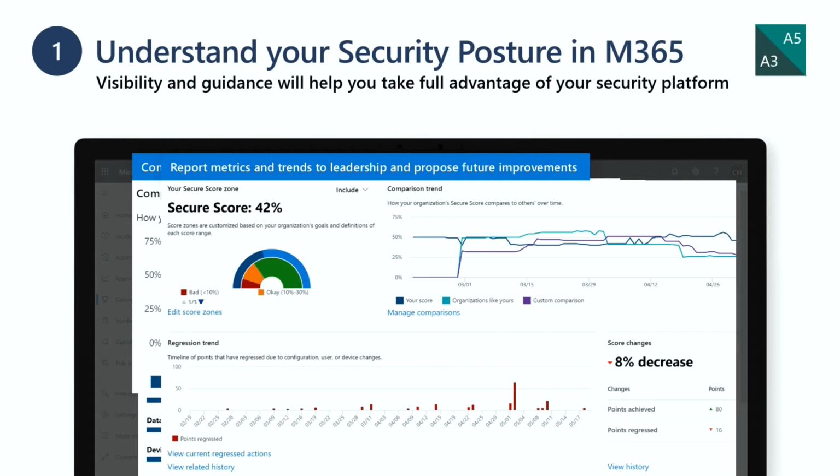You can go into any of these recommendations and get more details. You can bypass them if that makes sense in your environment, or you can weight them differently for what makes sense to you and your school. You can also look at the trends and compare yourself to other organizations out there. How do you stand with your secure score compared to others, and where do you need to improve?